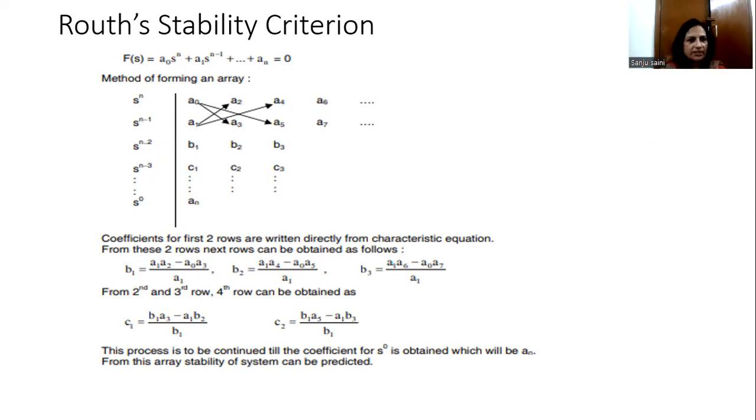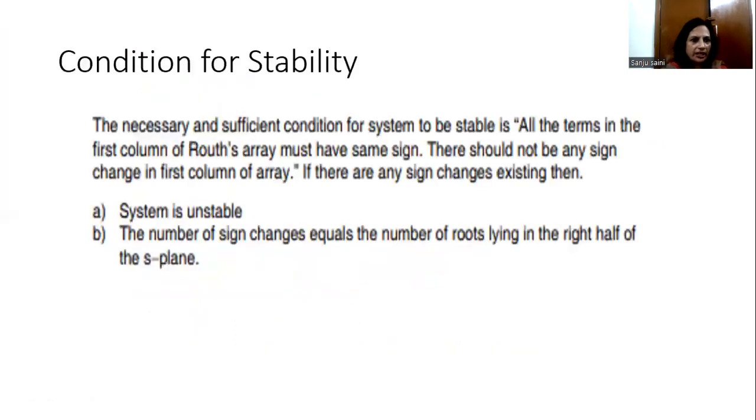But in case there are sign changes, then the total number of sign changes indicates the presence of roots in the right half of the S-plane. So